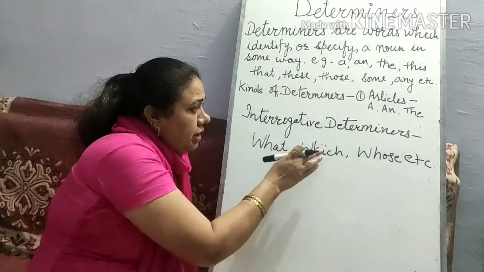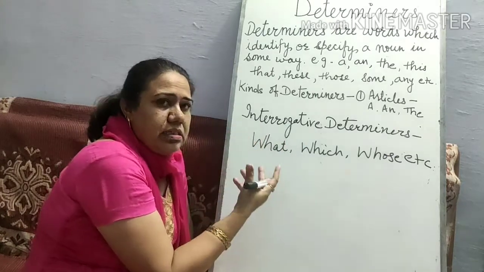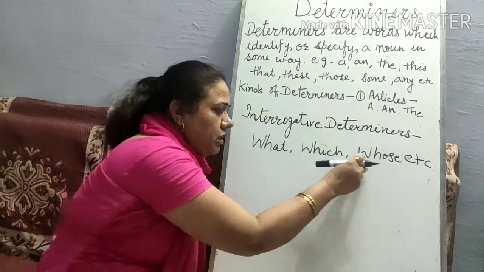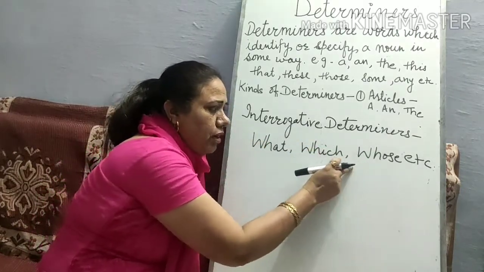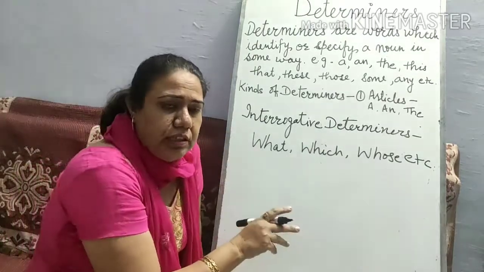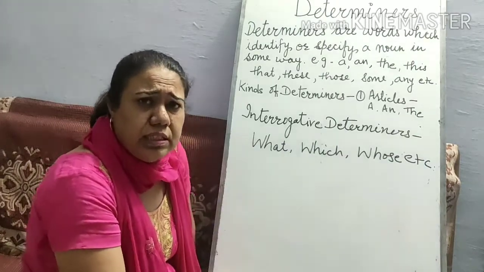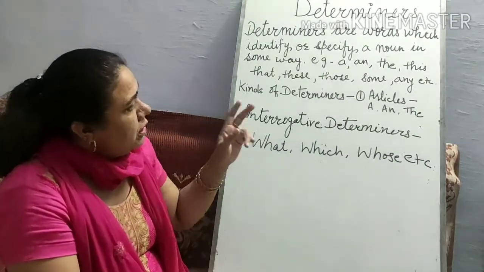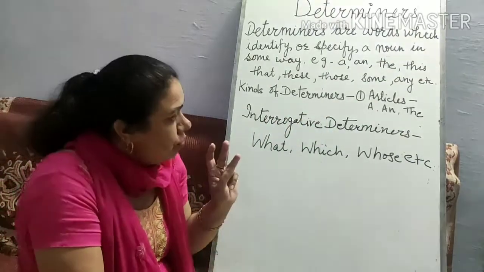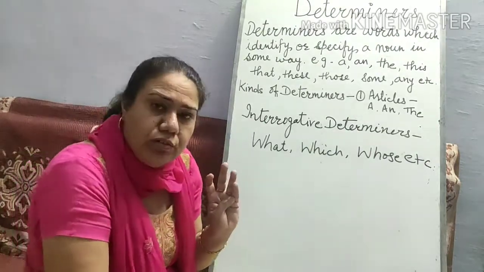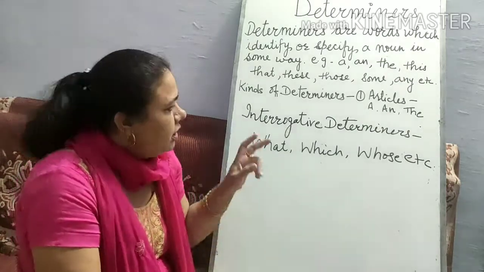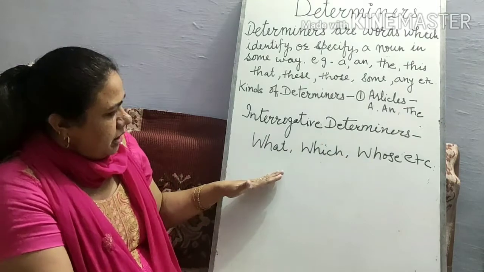So interrogative determiners count the words that arise the question when there are queries in our mind. We can say it comes in the WH family also. So you have learnt about the kinds of determiners. There are 6 kinds of determiners in English grammar. First article, second demonstrative determiners, third possessive determiners, fourth distributive determiners, fifth quantifiers, then sixth the interrogative determiners.